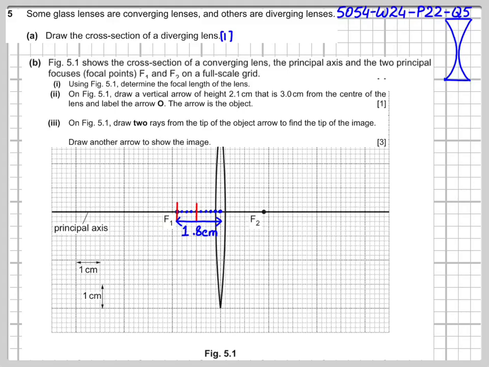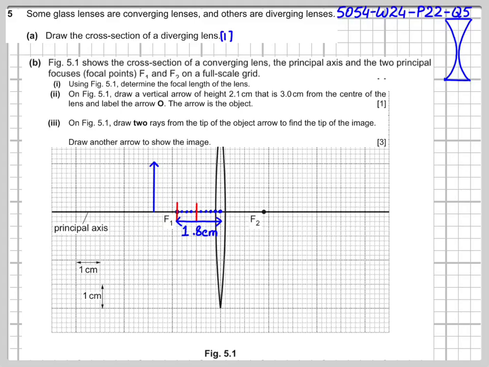So you need to draw a vertical arrow of height 2.1 centimeter, which should be 3 centimeter from the center of the lens. So this is already 1.8 centimeter, this will be 2 centimeter, and hence this will be 3 centimeter from the center of the lens. So you need to draw a vertical arrow. This is 3 centimeter from the lens. Now the next thing is